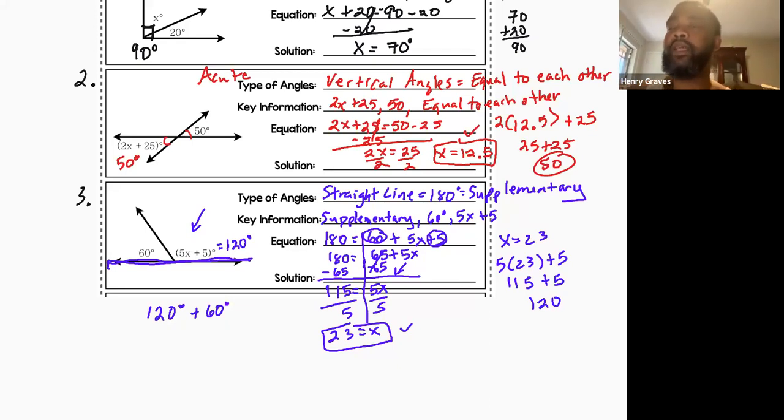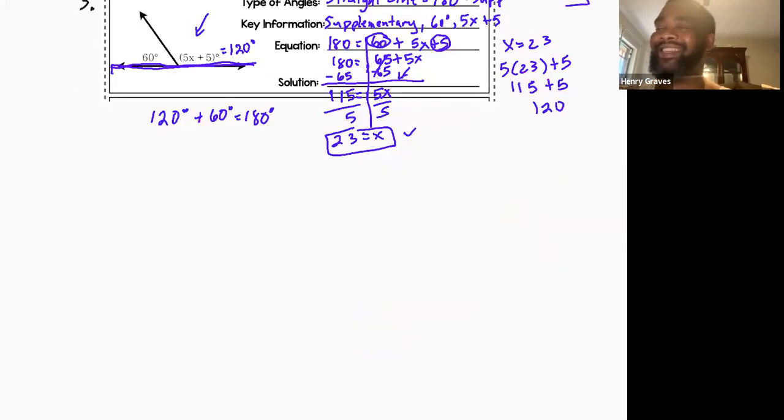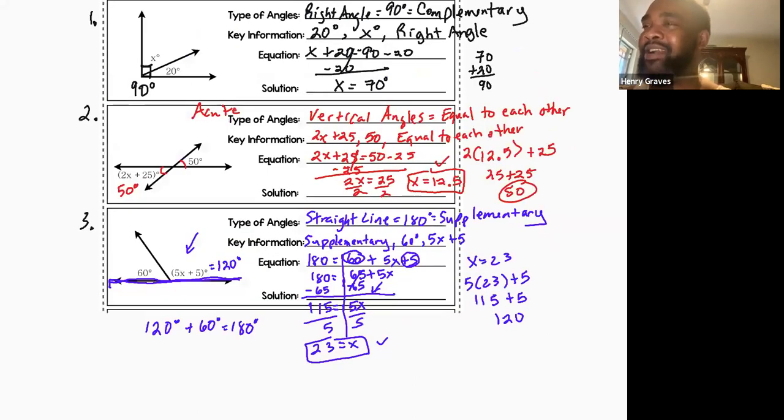Oops, sorry about that. I was thinking I was going to go to the next one. Let me just tap on this icon and go to the next page. All right, now